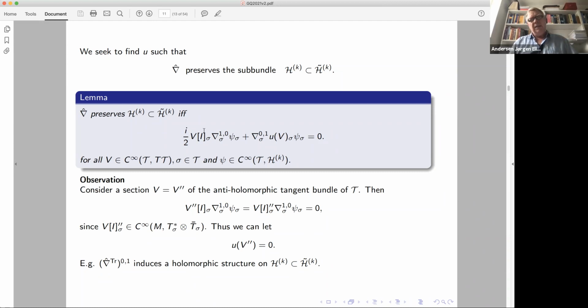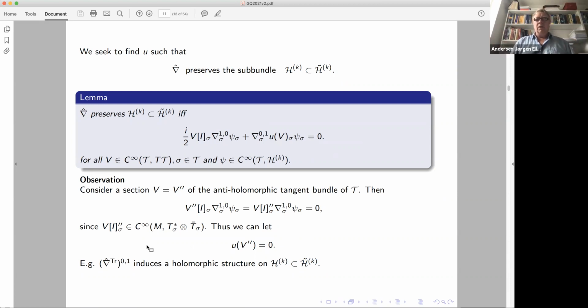Well, then it is very easy to come up with a solution for this, right? You just take U of V double prime to be 0. Then this equation is satisfied. So therefore, what we see is that we can actually take U to be 0 in the anti-holomorphic directions on T. Now, this is simply just saying that if you take the trivial connection in the big bundle,